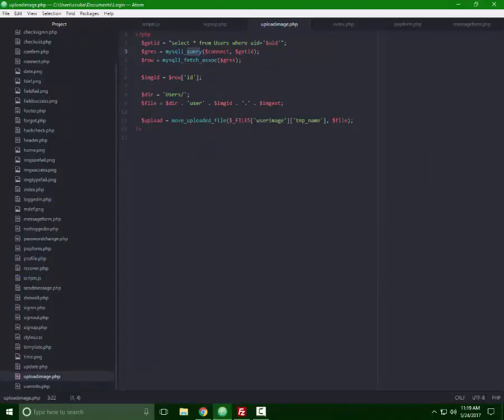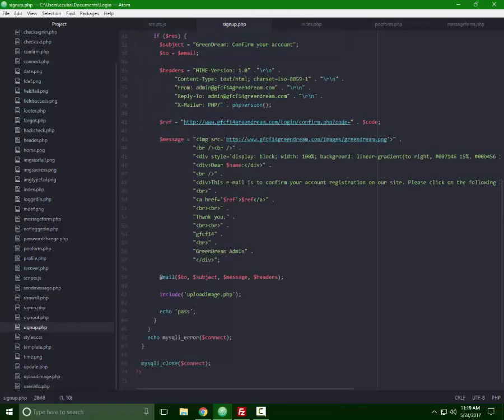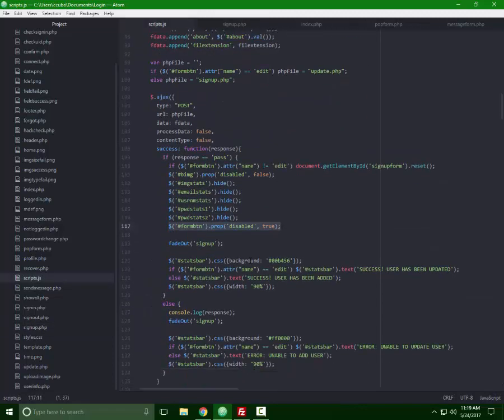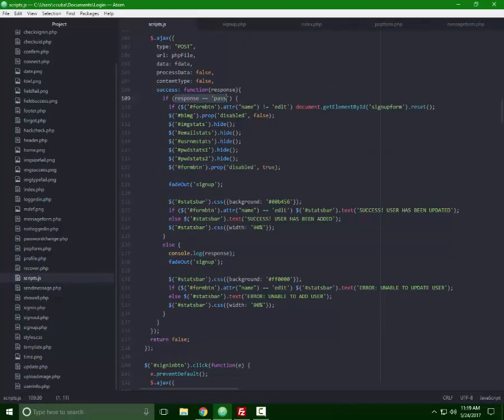And then we just move the uploader file to finish the process, and in the end we just output a pass. Since we outputted a pass, if the response is equal to pass, we just reset the form and continue on. So the signing would do pretty much the same thing,